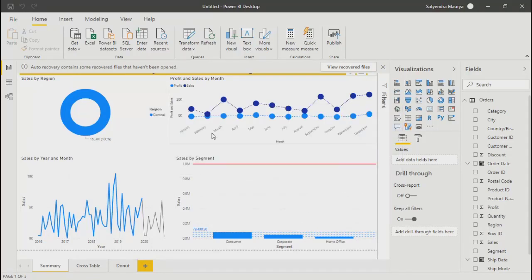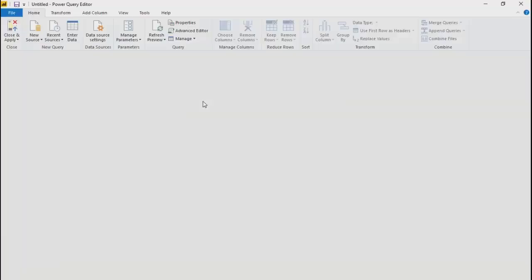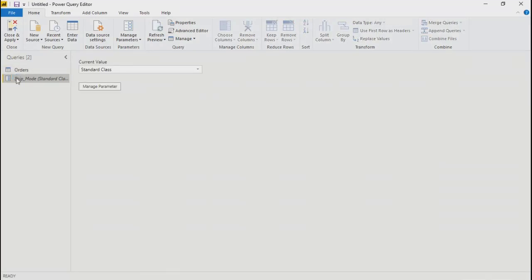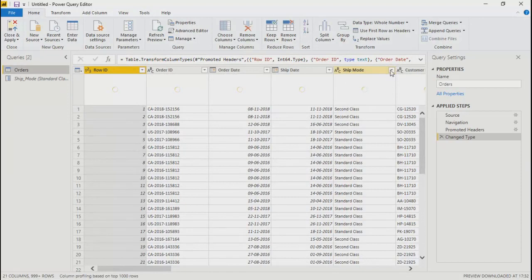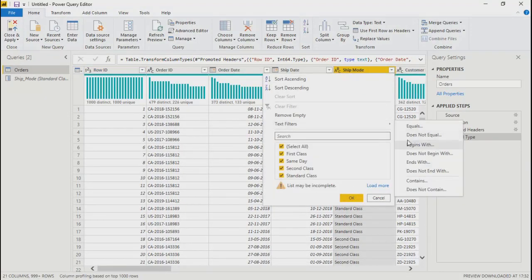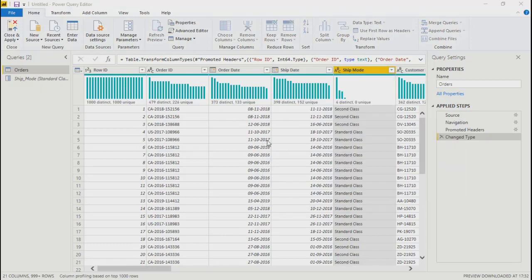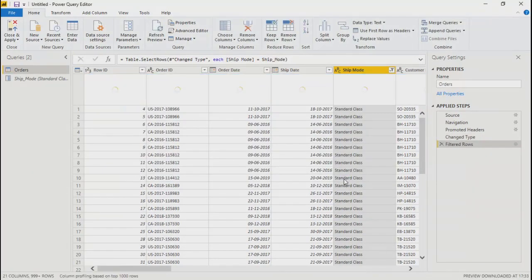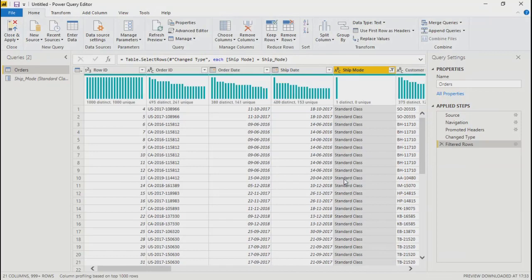Yes, it's not working. So I'll just go to transform data. Ship mode is there. Ship mode, filters, equal to. We'll select the parameter. Yes, the parameter Ship mode is there.